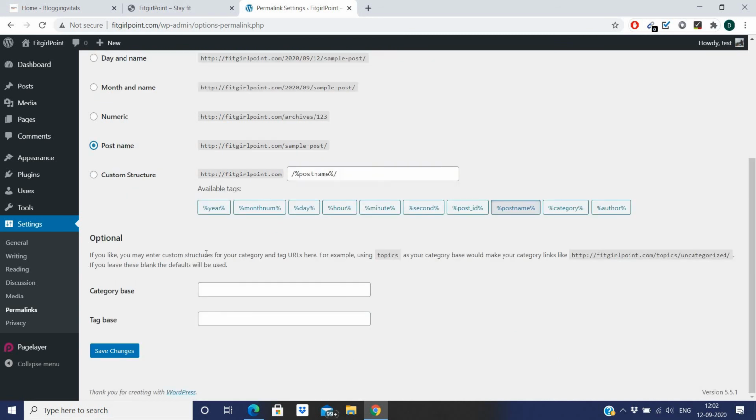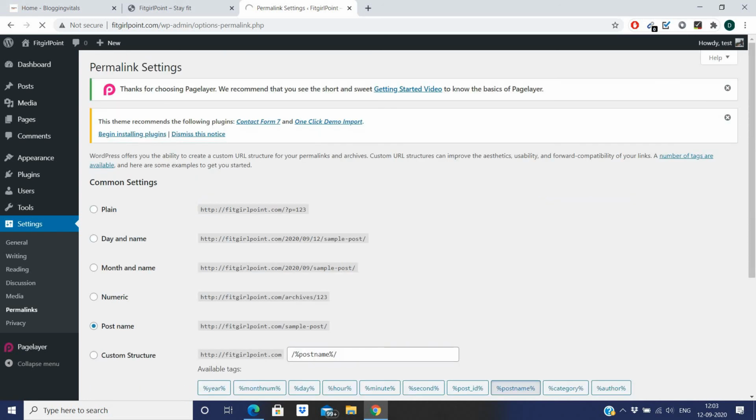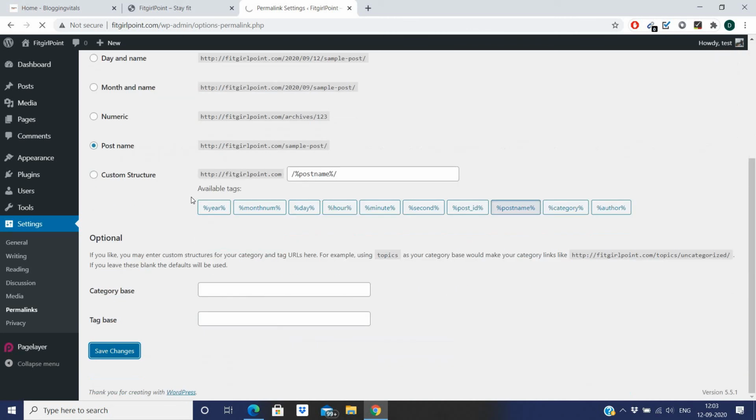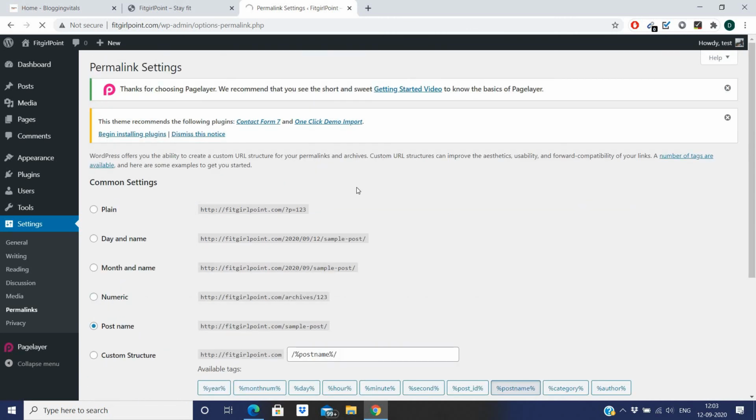Then these optional options you don't need to touch. So save changes. So these are all the changes you need to make when you install WordPress on your site, and it will help you in the future because these changes will make your website function properly.